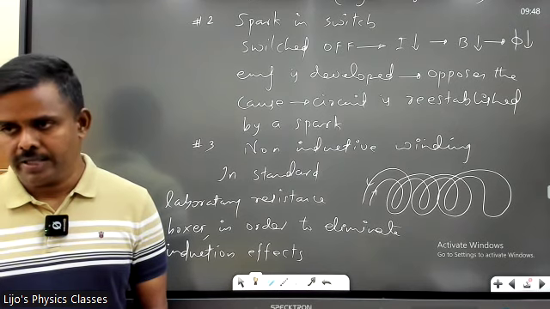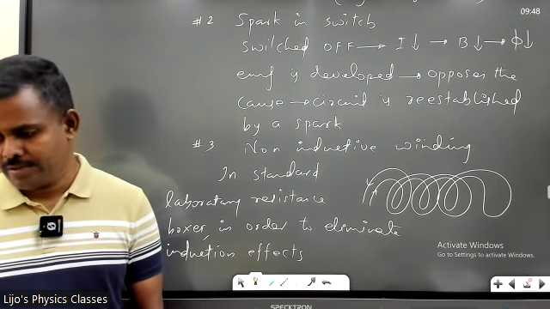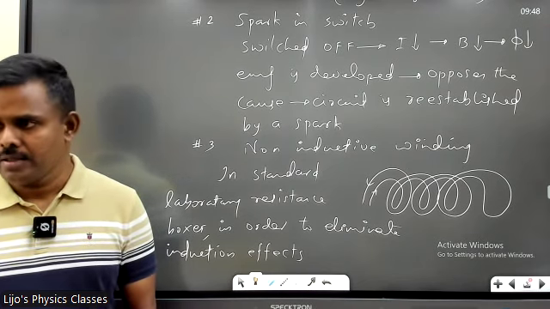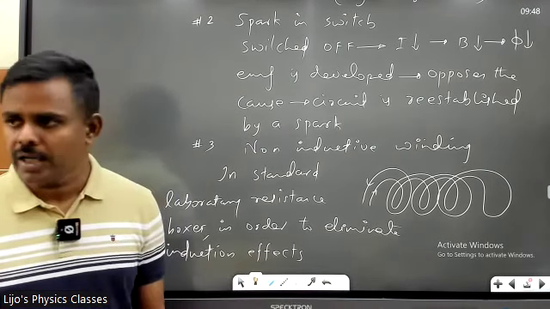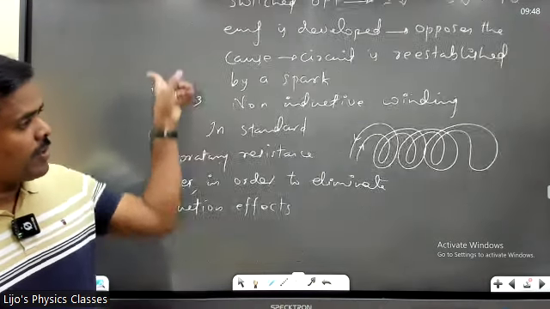Two more notes to go, then I'll take a break. This is called non-inductive winding. These are all previous questions, okay? Non-inductive winding might come in assertion reason, okay? Non-inductive winding. Fourth one